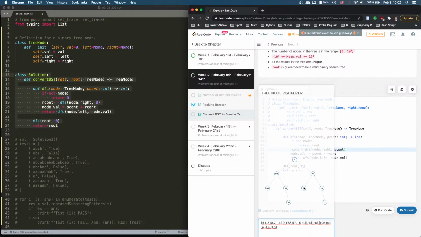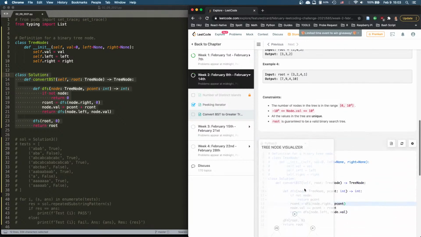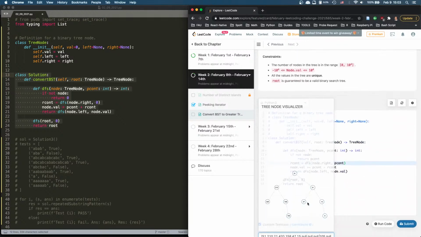I know, because I say if not node, return parent contribution. So when I go to the right, which passes the parent contribution, and then it returns back to me, so I'm adding double the 21. Yeah, it's 21 plus 21 plus 5. So if I go right, if there's no right child, I shall return 0. And if there's no left child,